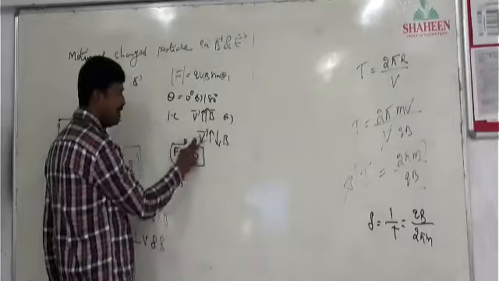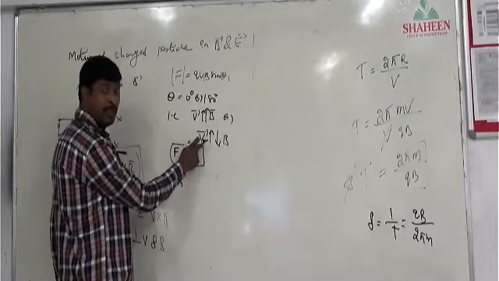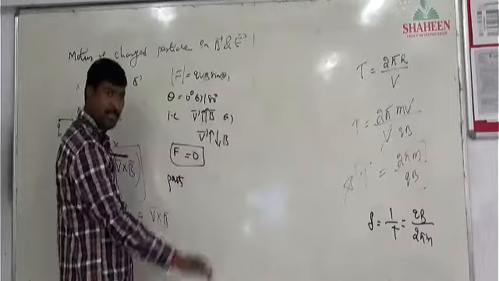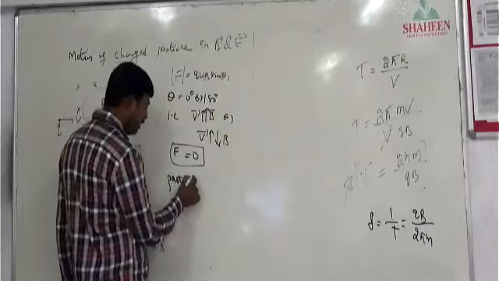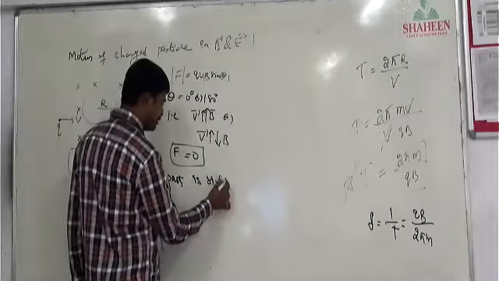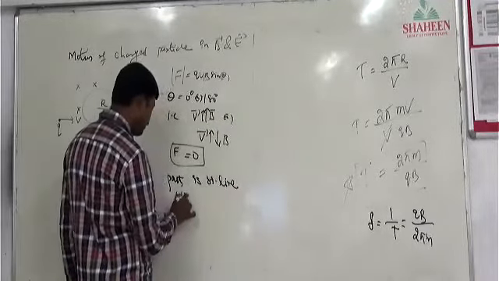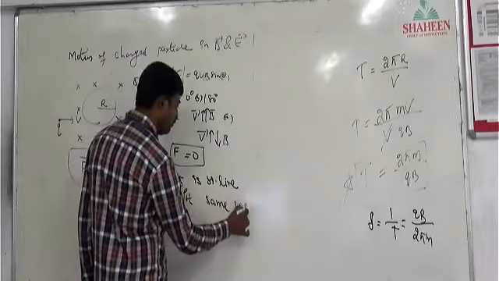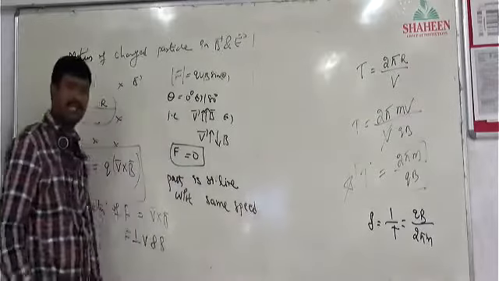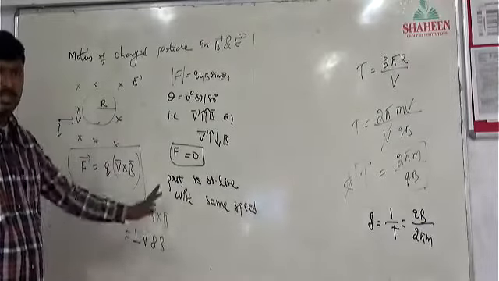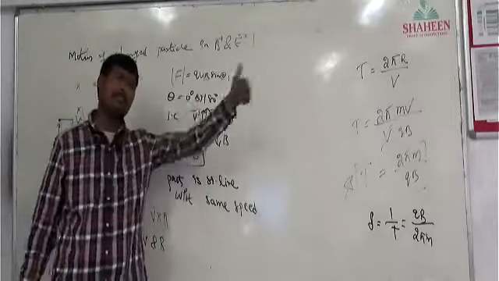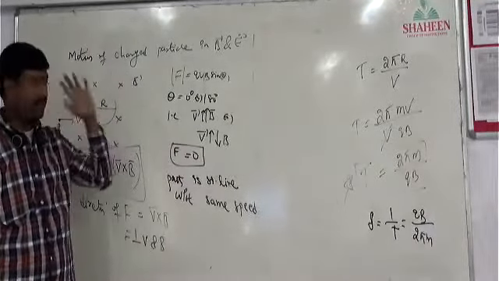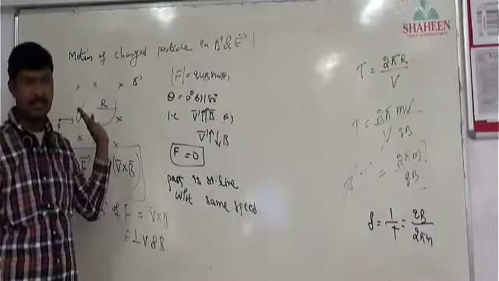The force experienced by that particle will be 0, but still it has velocity, right? So according to Newton's first law, if the force is 0 but it has velocity, it continues to travel with the same velocity. So the path is a straight line with the same speed, no change in speed, no change in direction, because there is no force. Clear? 180 degree, 0 degree, 90 degree, right?